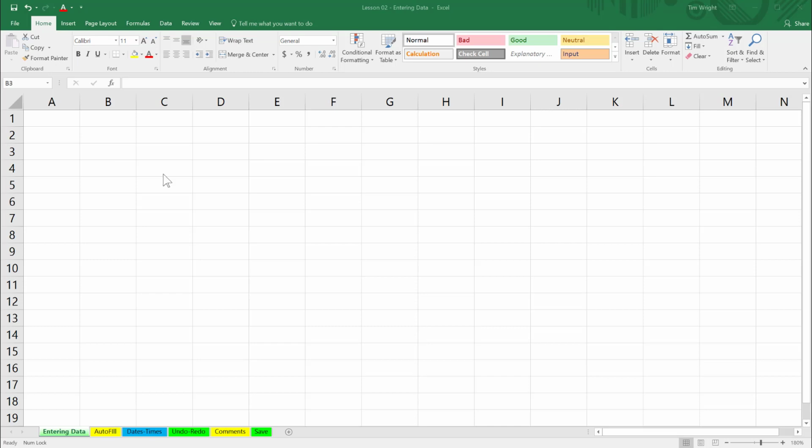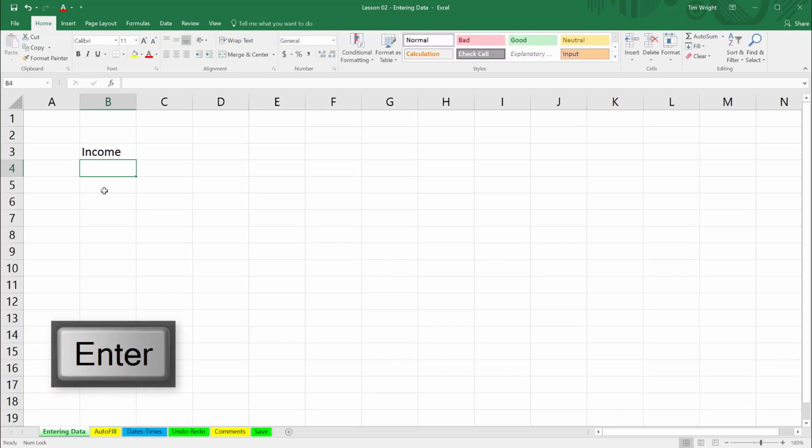To start, I'm going to select the cell B3. With that cell selected, I can simply start typing. I'm going to type a small range of data that represents my daughter's lemonade stand. Let's start with the word income. I could use my arrow keys to move down one, or I could use my mouse and click. But it's much more efficient to simply use the Enter key to move down one. So by hitting Enter, I simply move down one,